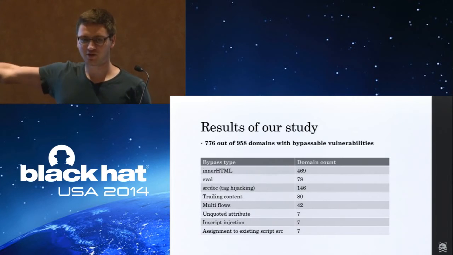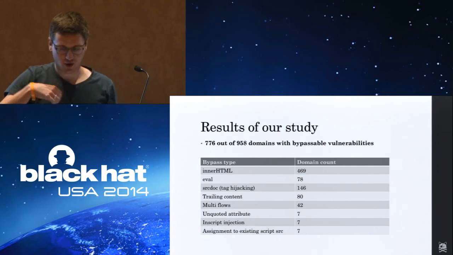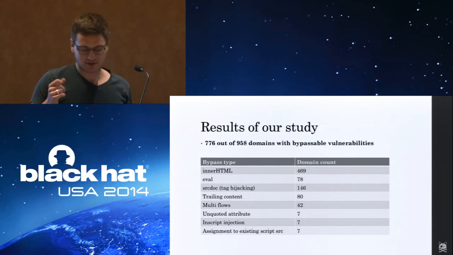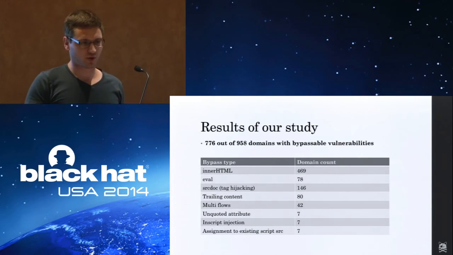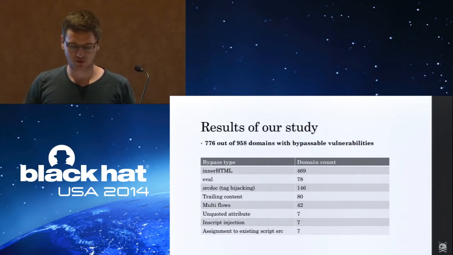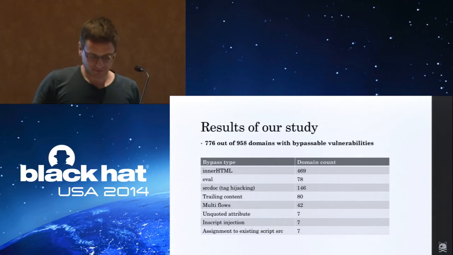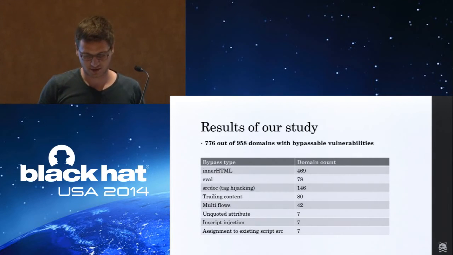Never mind about the domain count here. Obviously, if you build a sum on that, it would be way more than 1,000. But that is because, as I told you before, we had multiple vulnerabilities, on average about 2 vulnerabilities per site. So we could exploit domains using innerHTML and eval. That's why they're up there twice. So as you can see here, these were the results we found in the real world top Alexa 10K,